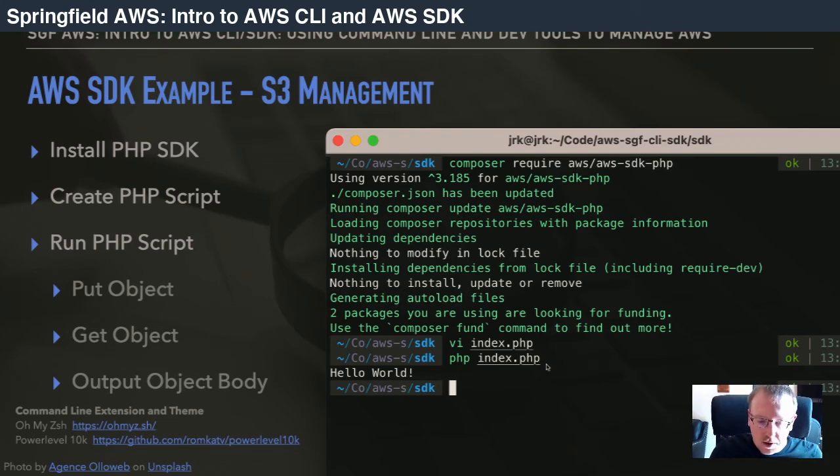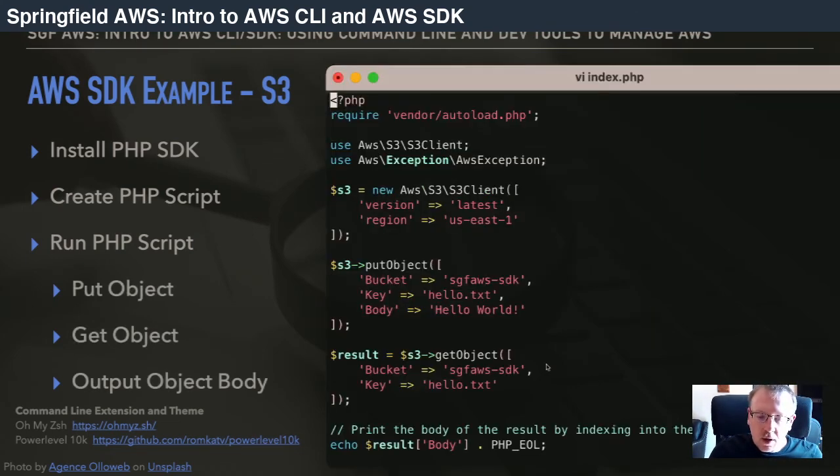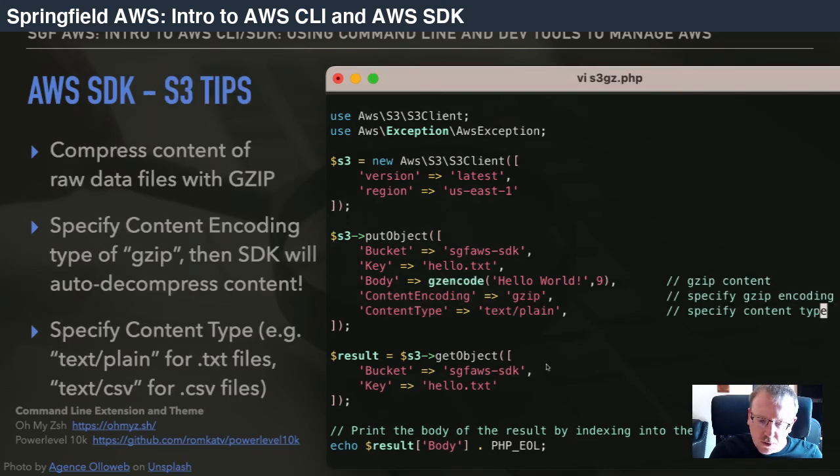So I have one more example I want to show here. We use a lot of S3 services, and I wanted to highlight something that we've found to be very invaluable when we're working with the S3 services through PHP. And this would hold true through the command line or anything, but we store a ton of text-based data files, and